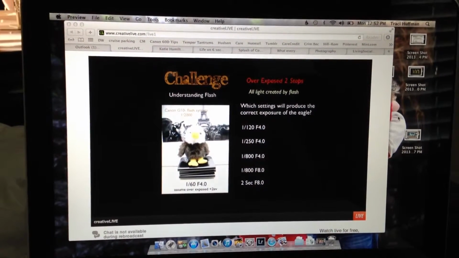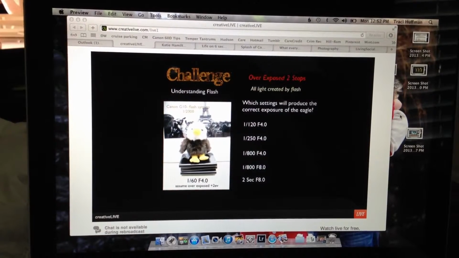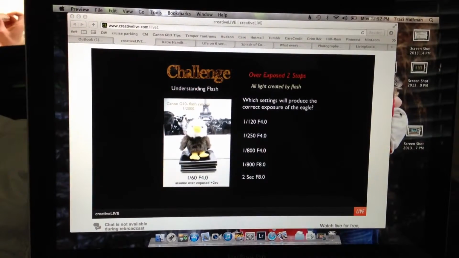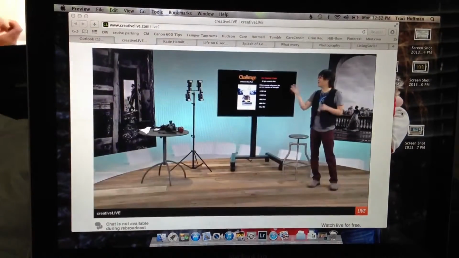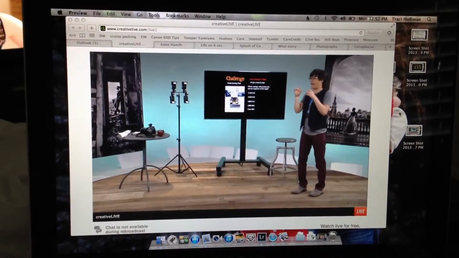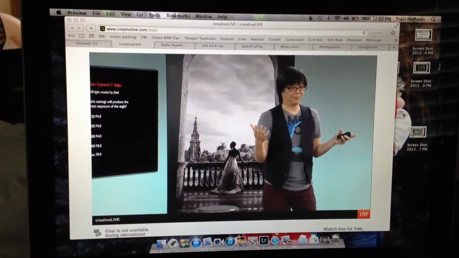And so we know that if we have our stops memorized, the next stop up is 5.6. And then the next stop after that is F8. So that's how you get the 2 stops there. Okay? And so when we talk about f-stop, some of you might not know this, but what happens